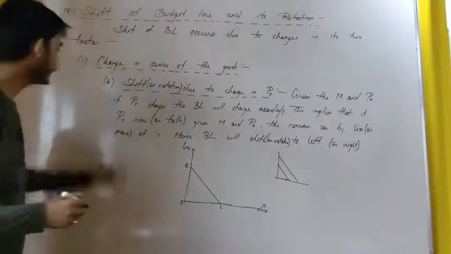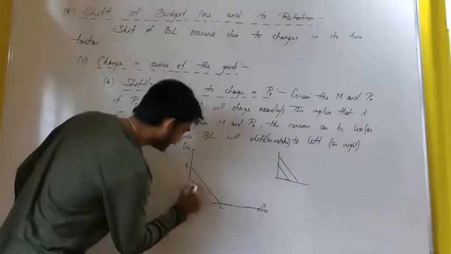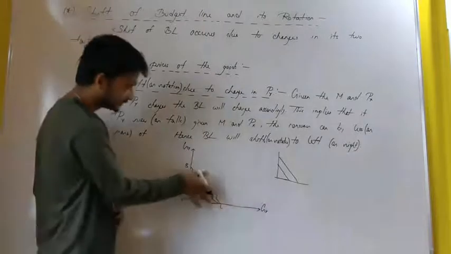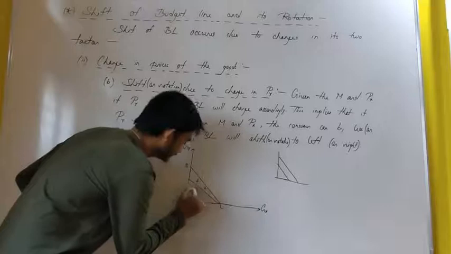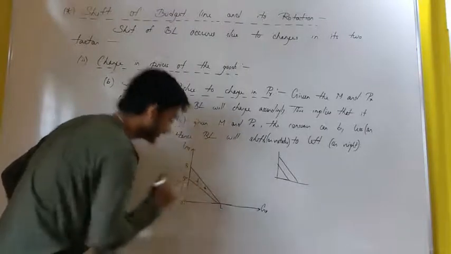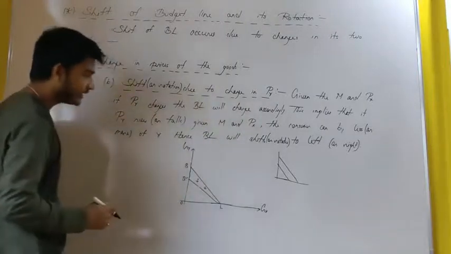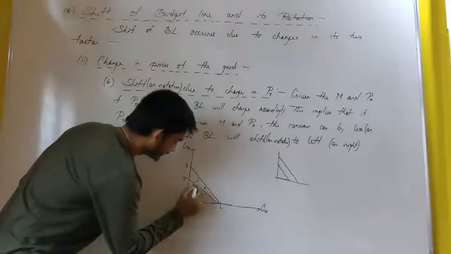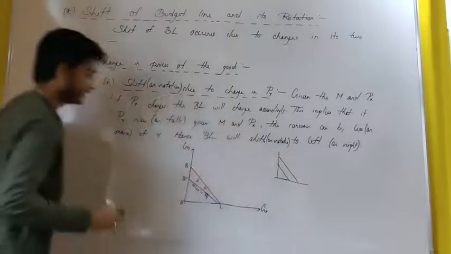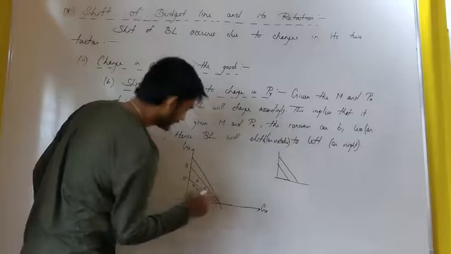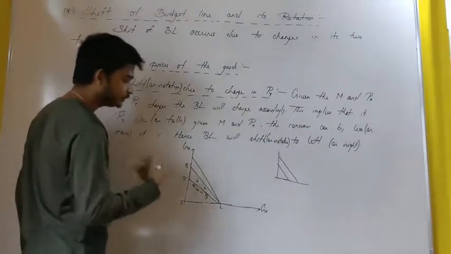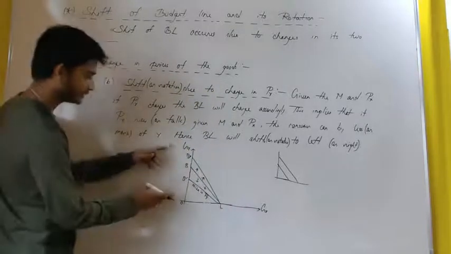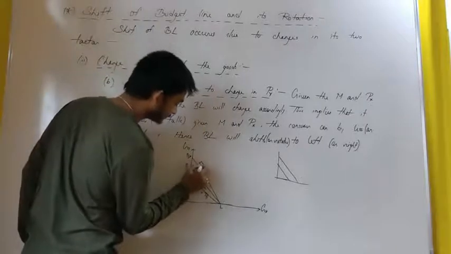The initial budget line is given by BL. When price of good Y rises, I can buy now less amount of good Y. So as a result, budget line has shifted, or basically rotated leftwards, or it has come downwards to B dash L. Now you see, previously he was buying OB amount of good Y, now he is buying OB dash amount of good Y, and this happened due to rise in price of good Y. And if there is fall in price of good Y, given the income of the consumer and prices of two goods, the budget line will shift, or basically rotate rightwards to B star, and now he is buying more of good Y, and this happened due to fall in